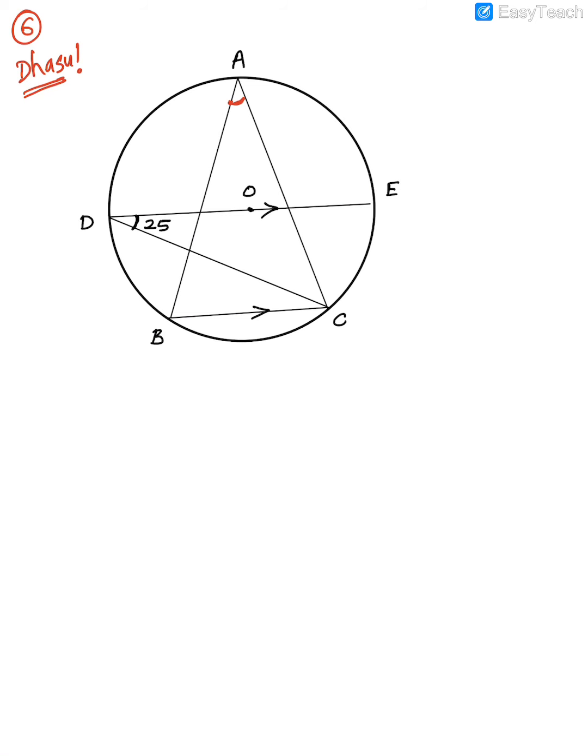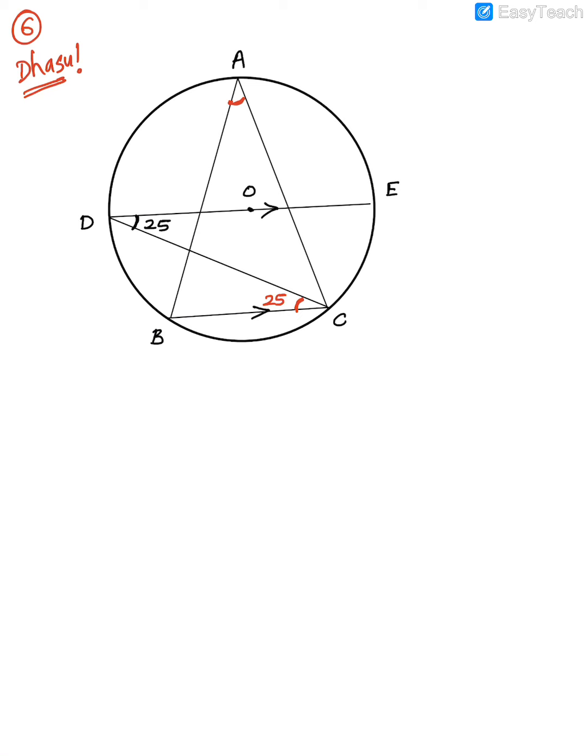Guys, see, we are given only one angle, that is angle CDE, and you are given O as a center, so obviously D is the diameter. In this sum now, we'll have to do some constructions first. So first you can see they have given us parallel lines, if you've noticed. So since there are parallel lines, it's obvious that this angle will be equal to 25 degree. What reason will you write? That they are alternate angles.